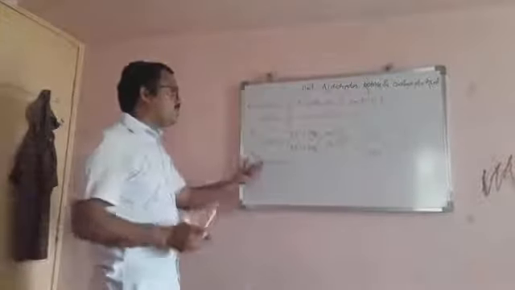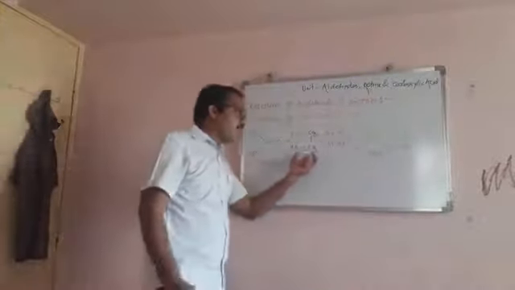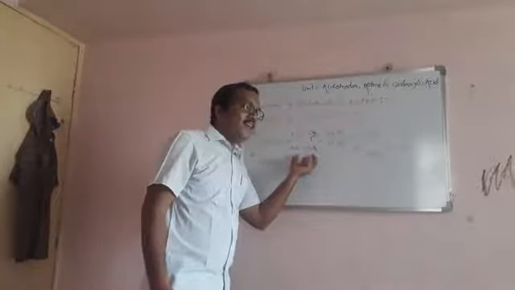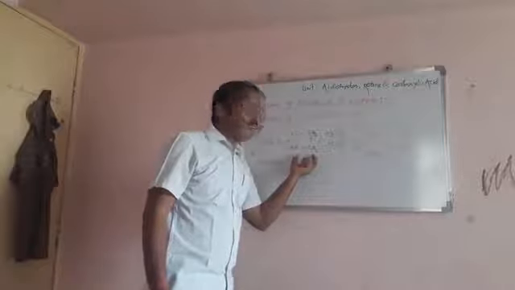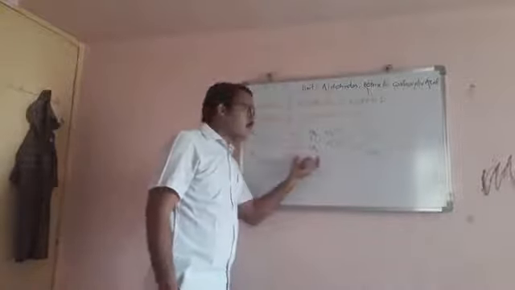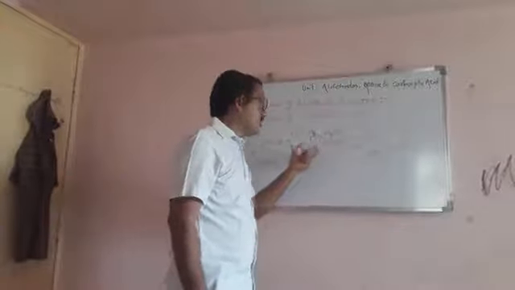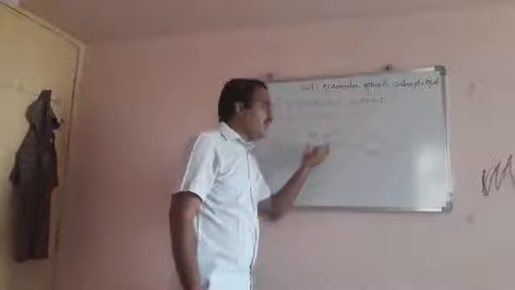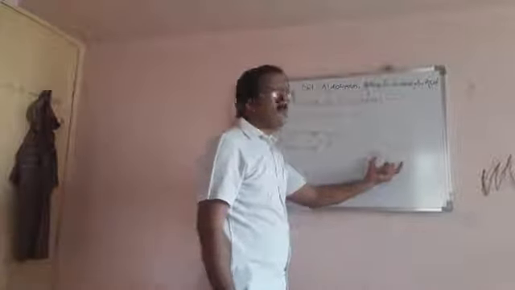When a ketone is reacted with an alcohol, which may be a 1,2-diol or 1,3-diol, diol means there is a presence of two hydroxyl groups, this ketone is reacted with 1,2-diol or 1,3-diol in presence of dilute HCl to form a ketal. This is the reaction of ketone with alcohol.